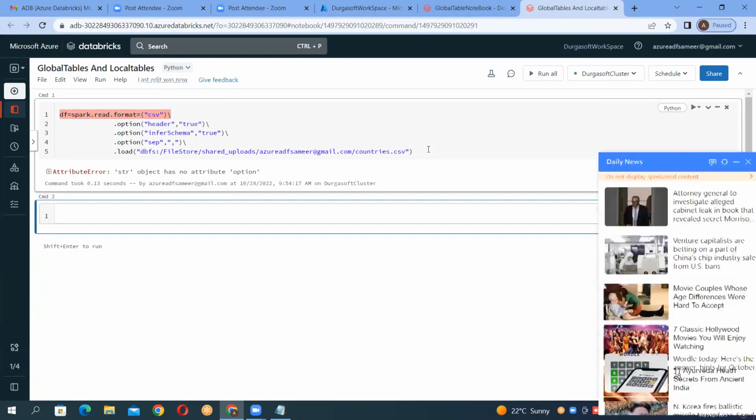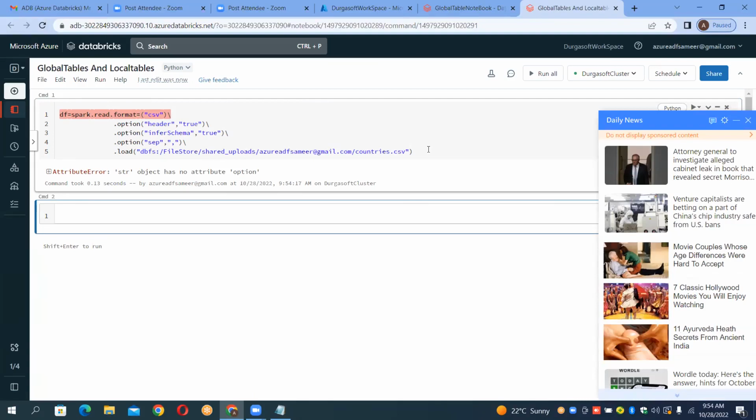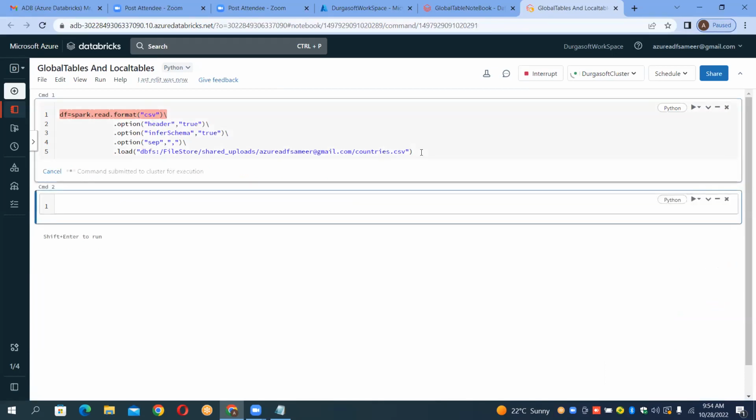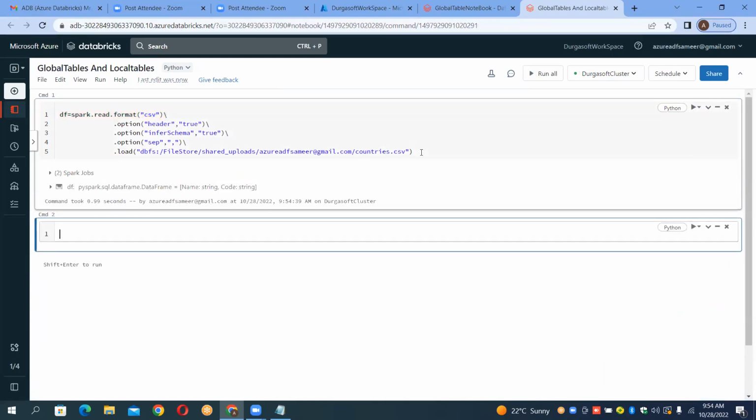String, that is nothing but... what is it? Equal to... okay, is it required? Yes, df is equal to... now here you're talking about format equal to, no? No, not required. Format, that is CSV. Yes, not required. Now guys, it's fine, I think so. Now guys, it's working now. Now guys, I'll use a display